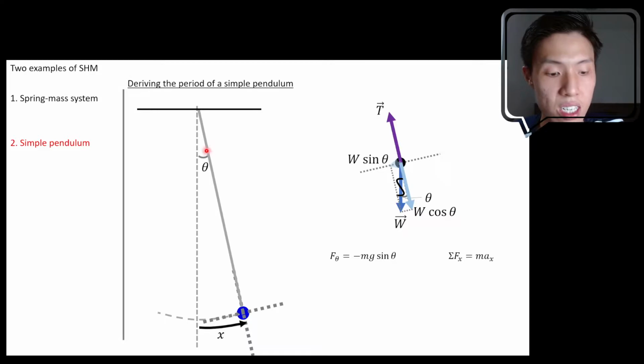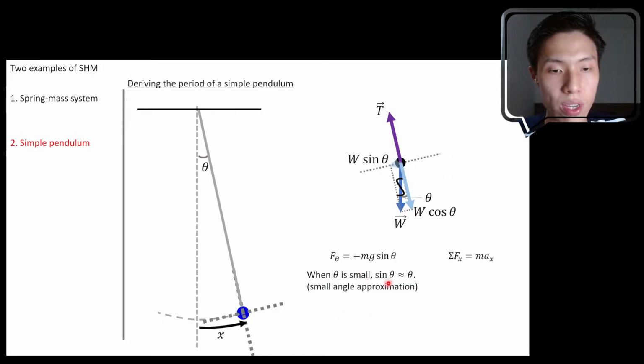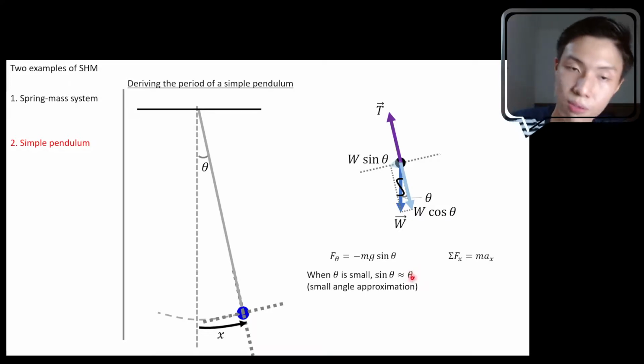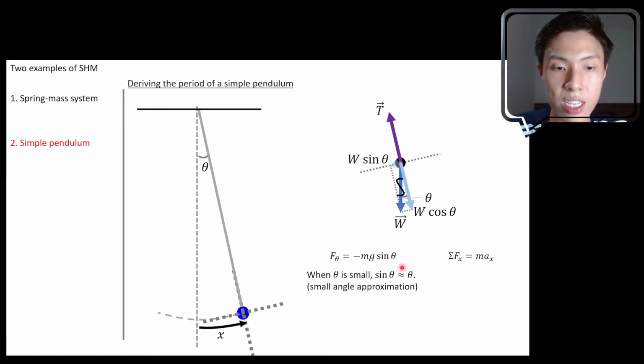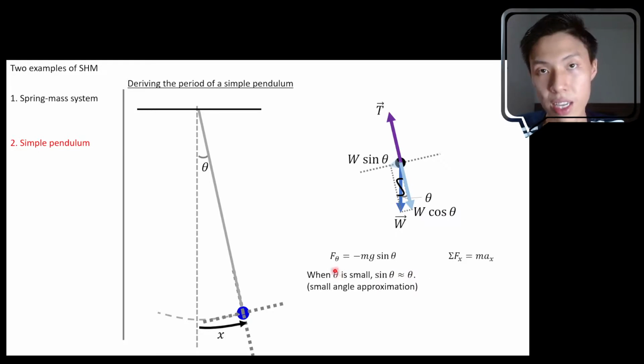Because when the angle is small, you can approximate sine of theta to be approximately equal to theta. We call this small angle approximation. You can try to key it in. If you key in, let's say, 5 degrees, you change it to radians, then you substitute it in and compute sine of 5 degrees converted to radians. You find that the answer is similar to 5 degrees converted to radians. You must do this using radians only, and you will see that sine theta is similar to theta if your theta is small.